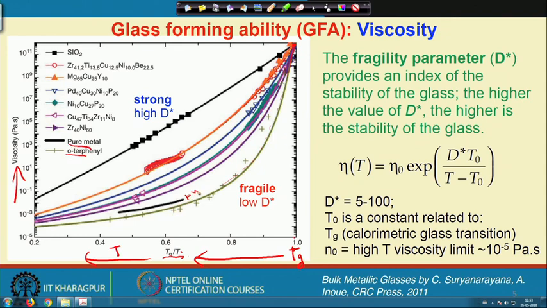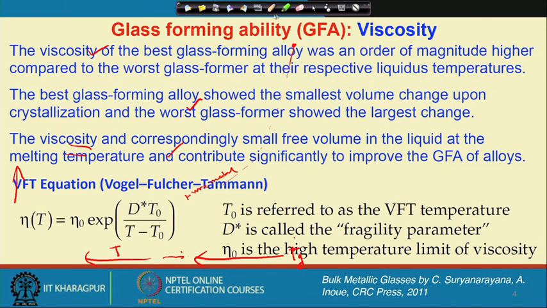This is the pure metal, which is a poor glass former. And now this one is Vitreloy, which is one of the best glass formers in a metallic system, and these square symbols are silicon dioxide, which is one of the best glass formers possible in an oxide system. So, you see that the best glass formers always show